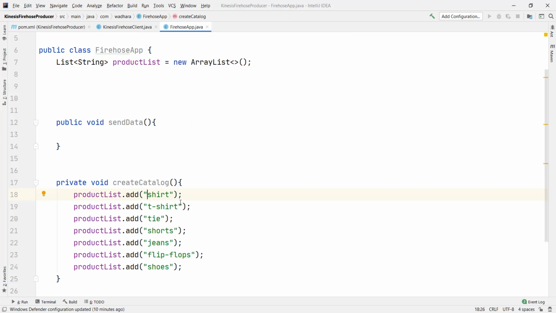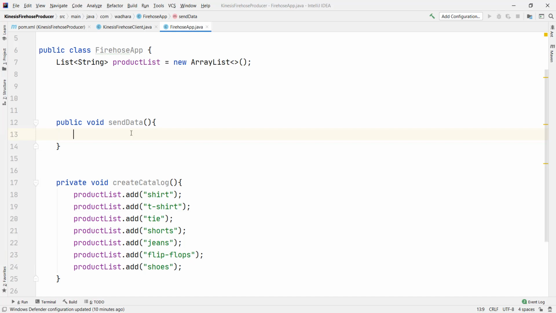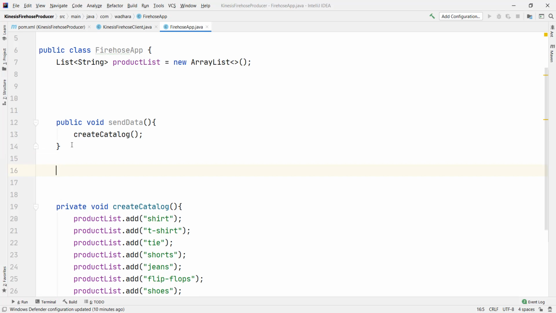I created some static data for my orders. I'll call create catalog. I'll create some order list which I'll be sending to Kinesis Firehose. So what I can do is I'll create one method.